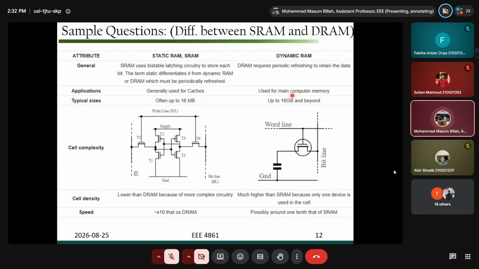Here it is mentioned that only the SRAM has 16 MB data size as compared to DRAM. DRAM has 16 GB or even beyond data size. So why does DRAM have larger capacity to store large data as compared to SRAM? You should definitely know. Okay, so one full question from the RAM will be in the RAM or ROM